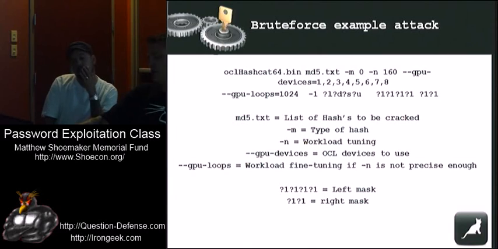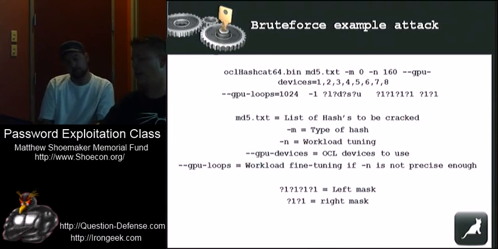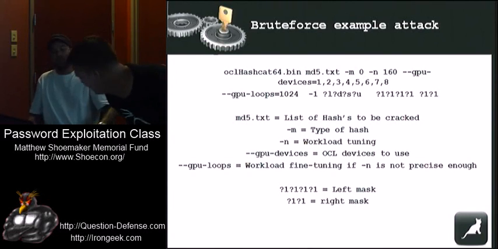And so these ones down here at the bottom are how you would show the left mask and the right mask. Just to show you up here in this command, see how I gave the -1. I defined -1 as lowercase, digits, special, and upper. Then over here on the right, I have a left mask and a right mask where I defined 6 characters for a 6-character brute force. And so Alex is going to show us how to do that real quick.